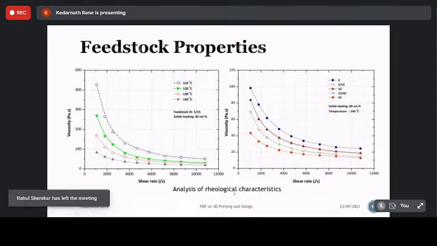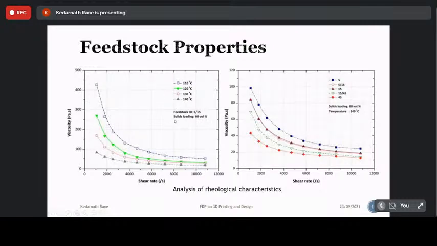During injection molding, we call it rheological characteristics. Again, if you are not aware of this terminology, it is nothing but the flowability at certain temperatures. We call it rheology. So we are changing shear rate here on the x-axis, and you have changes in viscosity on the y-axis for different temperatures and different compositions of